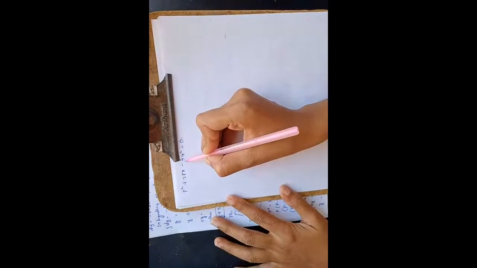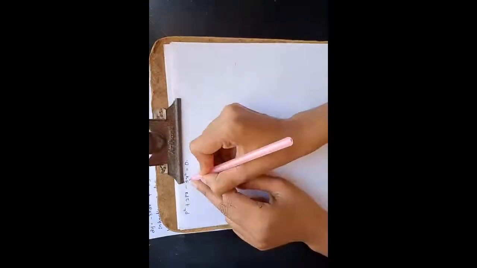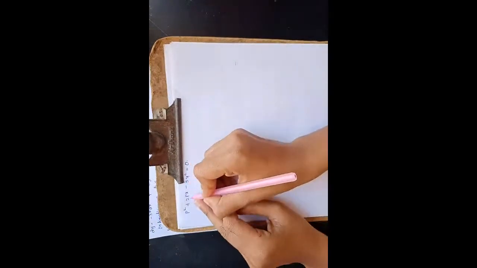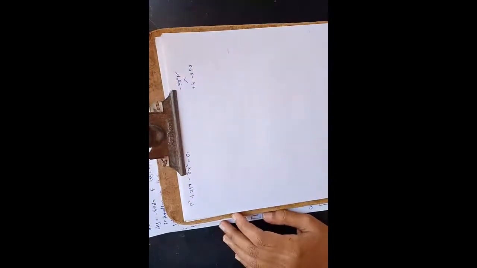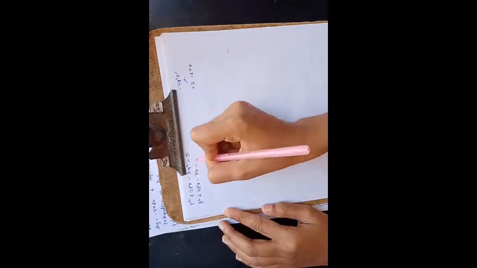So we know the multiplication should be minus 3 and the sum should be positive 2. So minus 3x square into p square is 3 ones are 3. So positive 3, negative is minus 1 into px. So now the factors are p square plus 3px minus px minus 3x square is equals to 0.